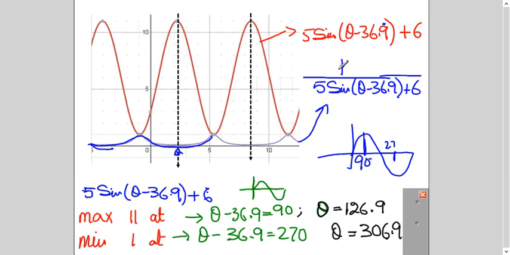So if only it is about this red graph, you know at what value you are having greatest value, at what angle you are getting minimum. But we have to answer for the blue one, which is 1 upon this thing. So you see the angle remained the same, only the values flip. So where you had maximum value, at that angle, now you will have minimum value, 1 over 11. Where you had minimum value, at the same angle, you will have a maximum value now. So I hope you understand this question, because this is very important and usually students forget to revise this.